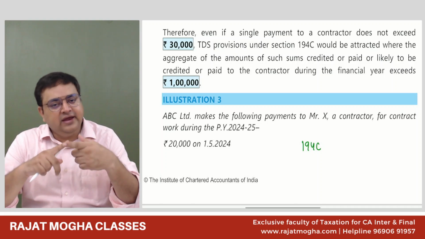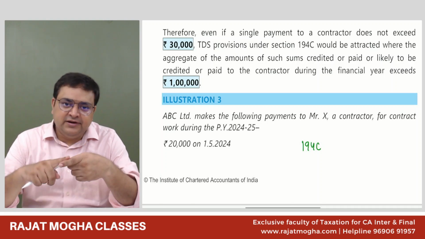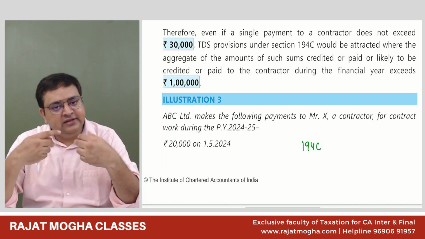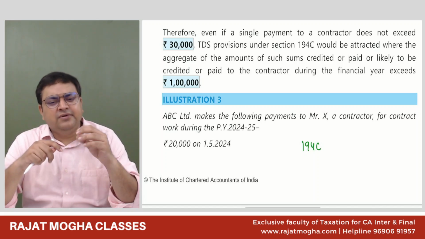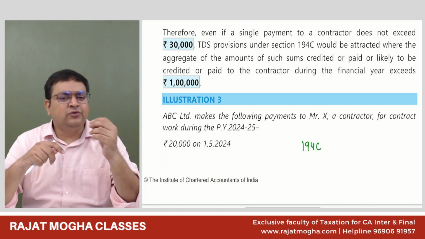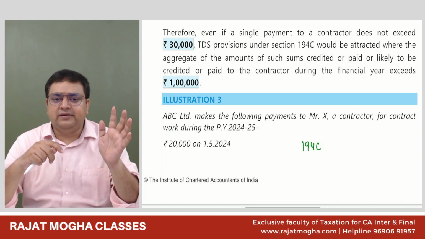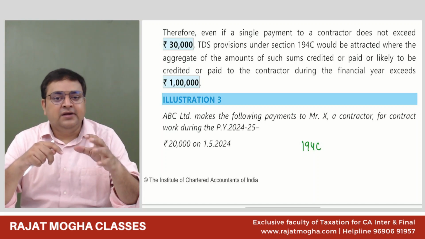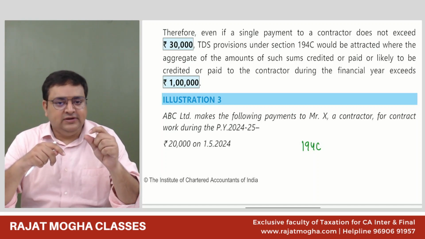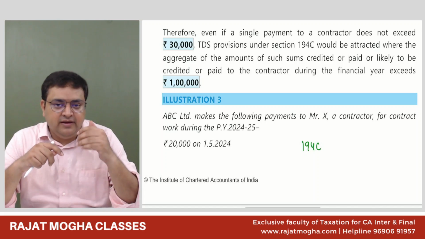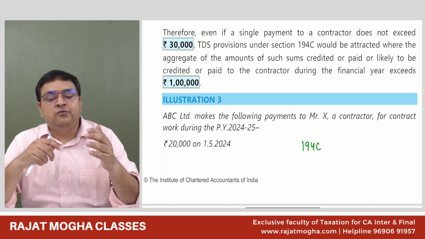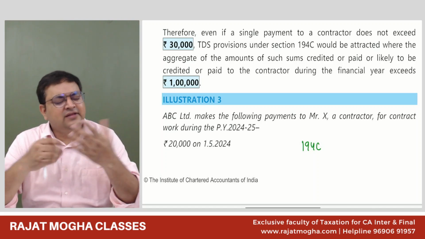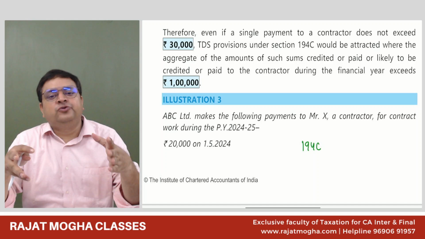And any person, if it is a company, they will deduct the TDS. If the company is giving the contract, if the partnership firm is giving the contract, they will deduct the TDS. Their turnover of the last year, whether more than 1 crore or 50 lakh, does not matter, because they will always be the TDS deductor. Sometimes the examiner will confuse you that the turnover of the partnership firm or the company is not more than 1 crore in the last year. Doesn't matter. Company has to deduct TDS.